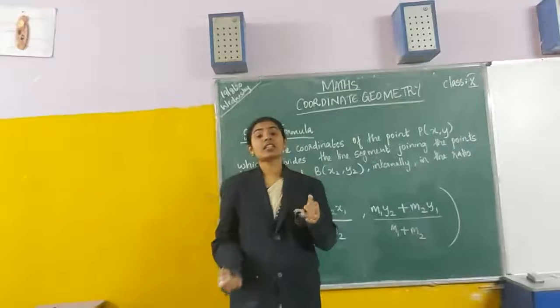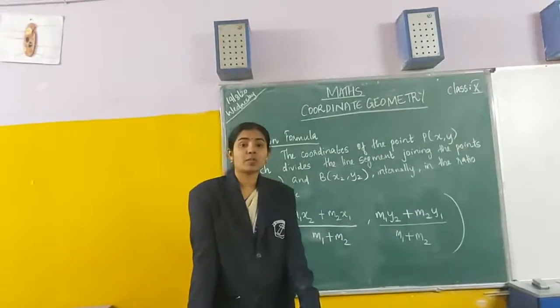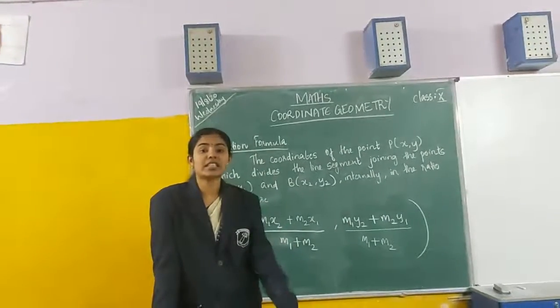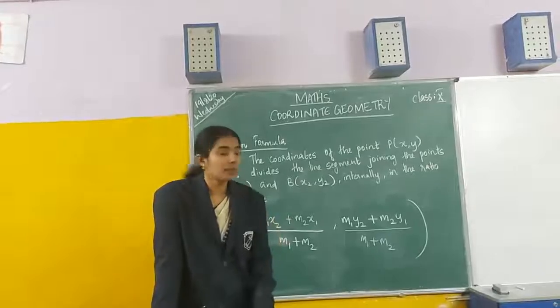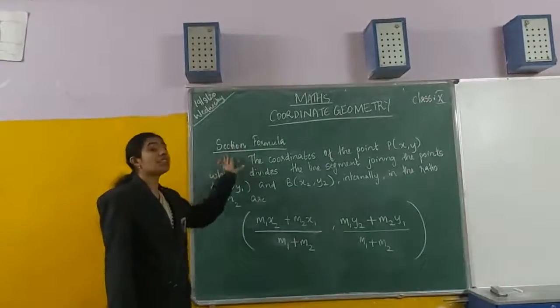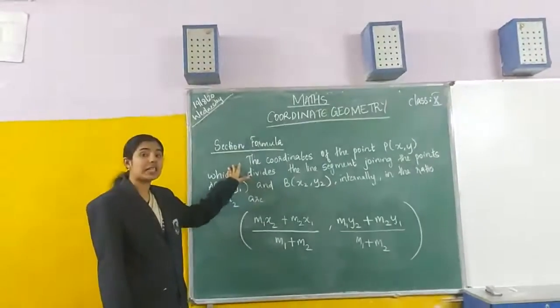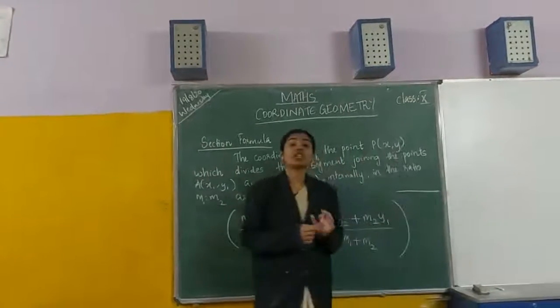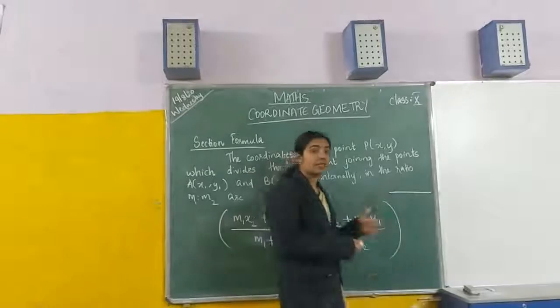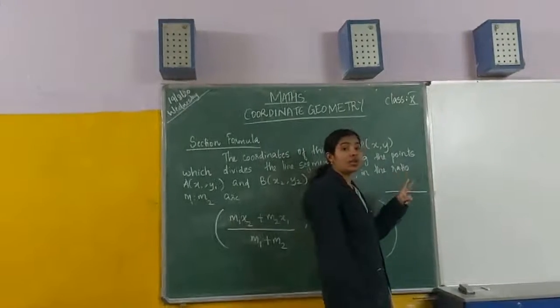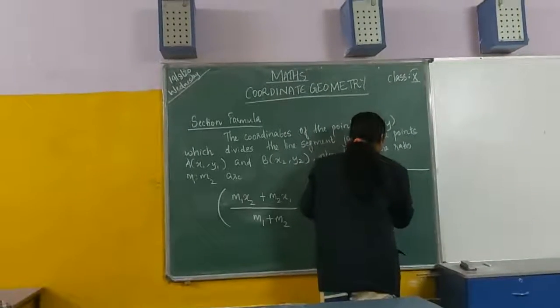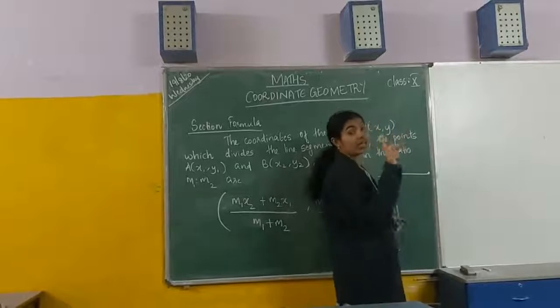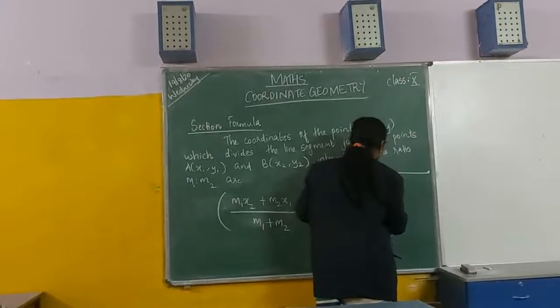Geometry. In the last class, I explained how to find the distance between two points. Now you should study the section formula. What is that? When you are given one line segment, what is a line segment? It has two endpoints. So when you are given one line segment joined by 2 points,